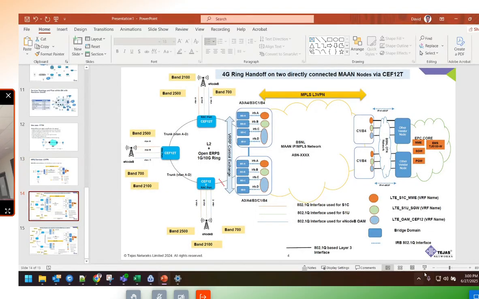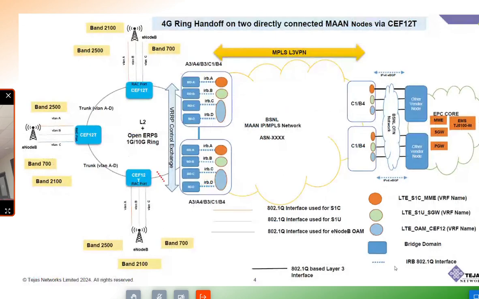In the E node B there is a VRRP concept. Here the handoff is between two E node Bs directly connected to the MAAN network. This E node B is connected to one MAAN router, and this one is also connected to the same MAAN router. So here VRRP is used. Assume we have one gateway address already assigned. That gateway 1